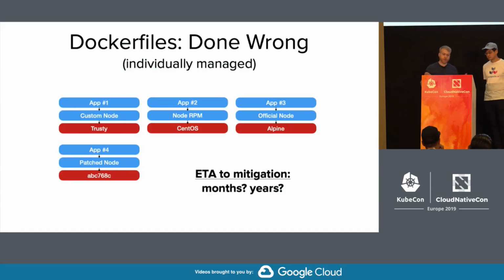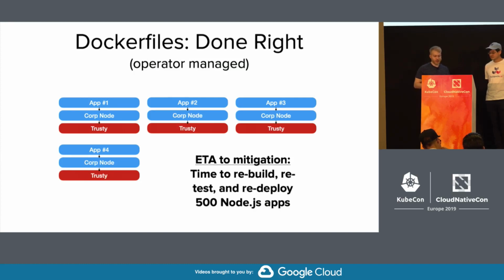If you're a big enterprise and you tell all your developers, you have the power, go build your own images, do whatever you want, then you don't really have a great way of saying, hey, here's a secure, patched version of OpenSSL that you can go run. You have to tell them, go find wherever your base images came from and try to keep everything patched, and it will probably never happen for everything. But maybe you're a really good big enterprise and you do your Dockerfiles well, and you provide a corporate version of Node.js built on top of a trusted base image. I should probably say Bionic. I know Trusty is EOL now, but anyways,